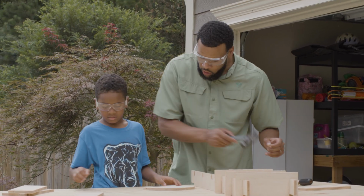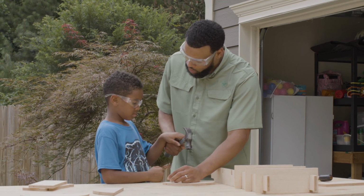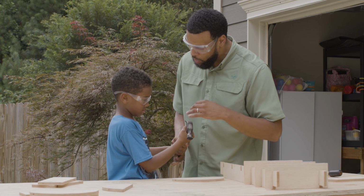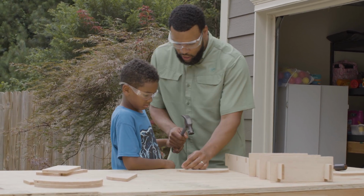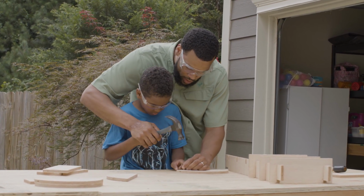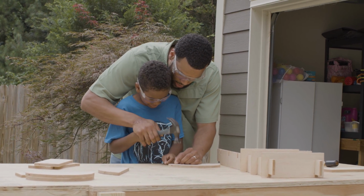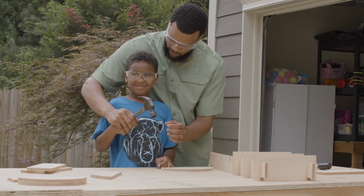So, what we're going to do is I'm going to take the nail and help you hammer this in first. And then second, I'm going to hold the nail and let you hammer. And then third, I'm going to let you do it all by yourself. Got it? Okay. So, let's hold it together. Slow and steady. Like that. Got it? Okay. Now,